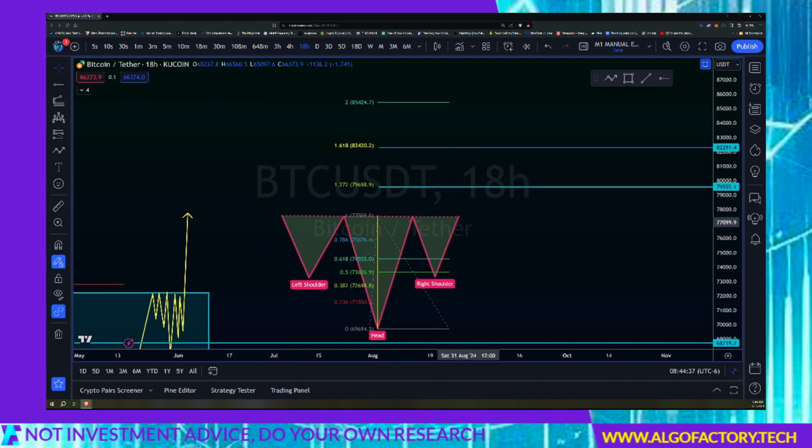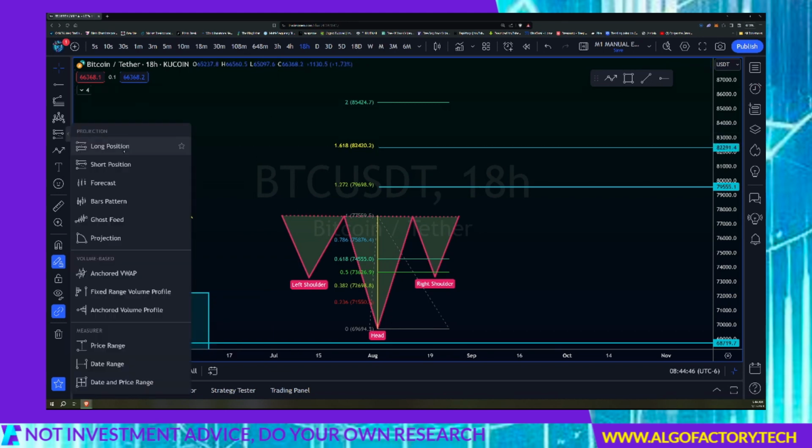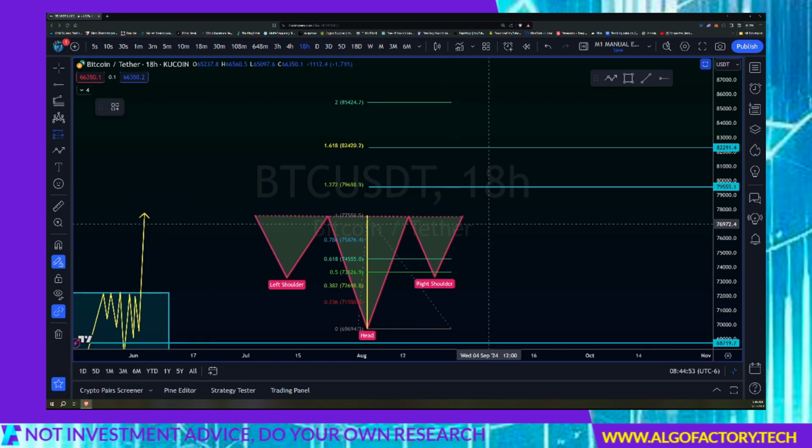In this case, we're just doing an example, so we'll go to the real thing in a minute. So this is a regularly slanting neckline, and the breakout is probably going to be over here. You saw that alert on the screen. I'm already in that long, so I don't need to do anything else. Price would eventually come down here, break out here. Now you're going to have a breakout right here at this right shoulder,